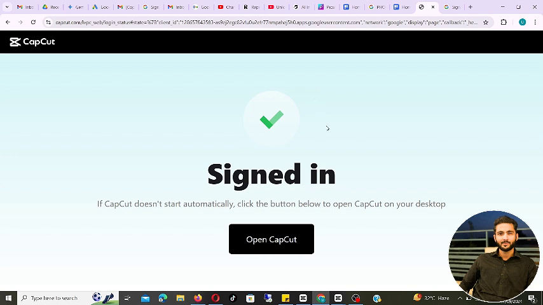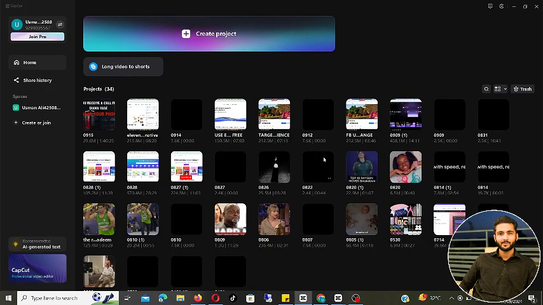So let's talk about how to get CapCut Pro free without paying any money to CapCut. So let's get started. As we know, CapCut is right now the most in-demand video editor software for reels and for videos, and it has great AI features in it which basically make your job very quick and easy. So I'll be sharing with you the 3 practical methods that can be used to basically get CapCut